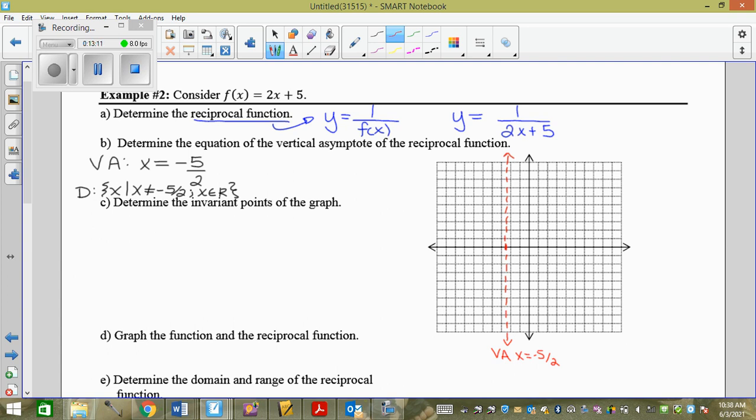So that's like the electric fence for the cattle. Remember, you can't cross it. It's actually not there, right? It doesn't exist. It's just an imaginary fence. So at negative 2.5, I have the fence. Now, my horizontal asymptote